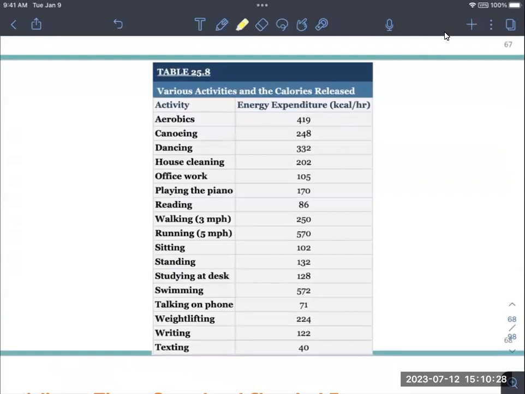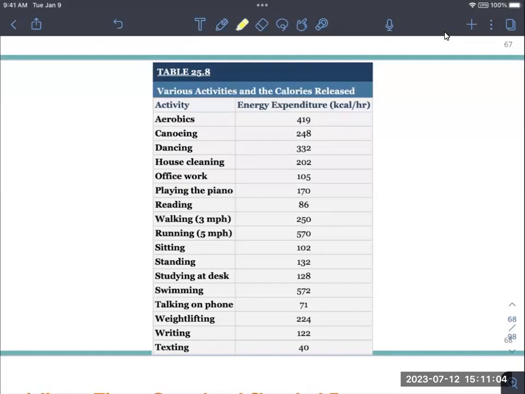So here's a list of a bunch of different activities and generally how many calories are expended per hour. It's different for every person, of course. So this is just kind of a general guide average. Canoeing, aerobics, reading, playing the piano, housework, office work, cleaning, running versus walking, sitting versus standing, studying,